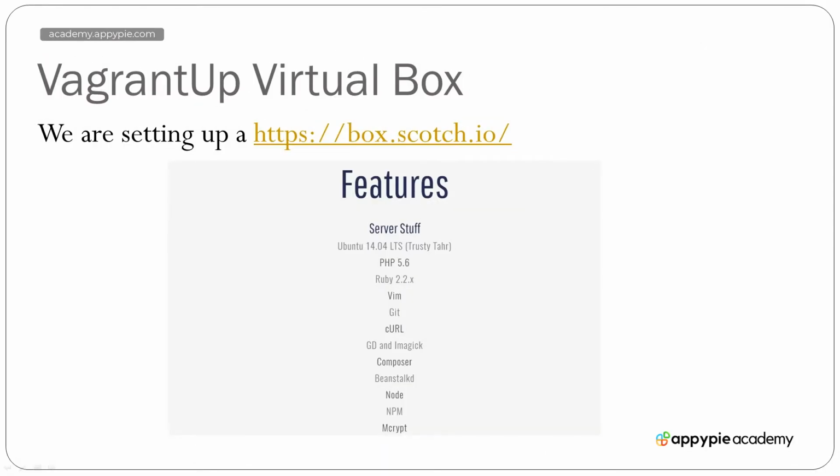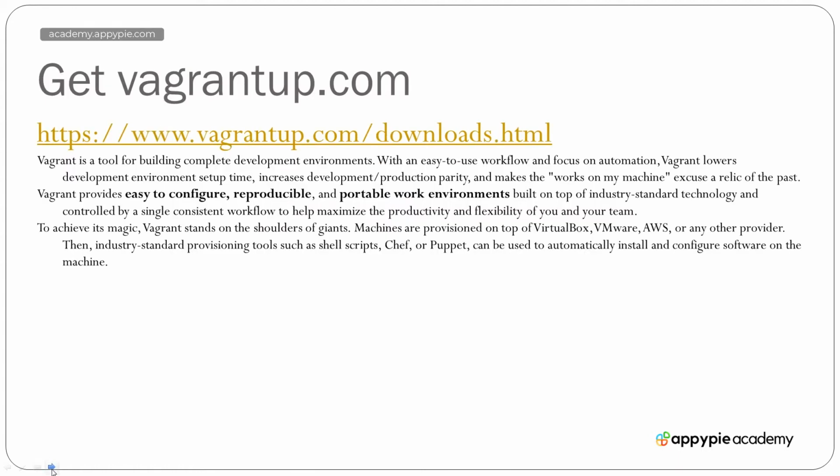And so all of this is coming up, and the box that we're going to be setting up is a Scotch box, and it contains PHP 5.6. It's got Ruby, Vim, Git, its ability to curl, GD, Composer, Beanstalk, Node, NPM, and a whole lot of amazing, really cool features. In order to set this up, we also need to download Vagrant, and as mentioned before, Vagrant